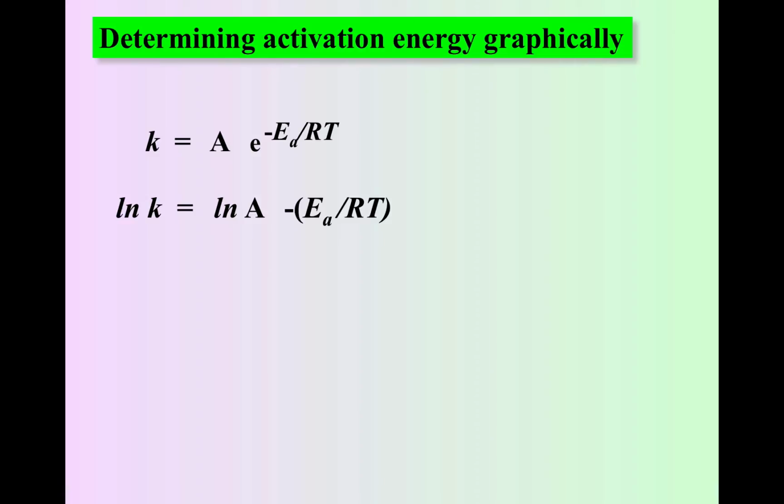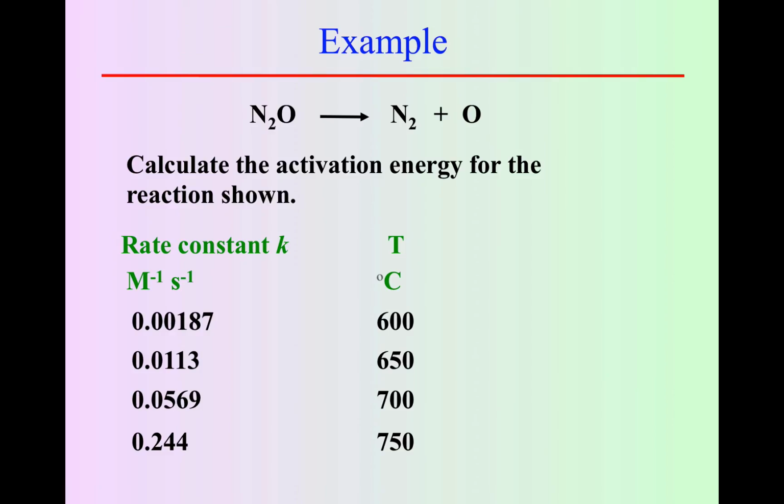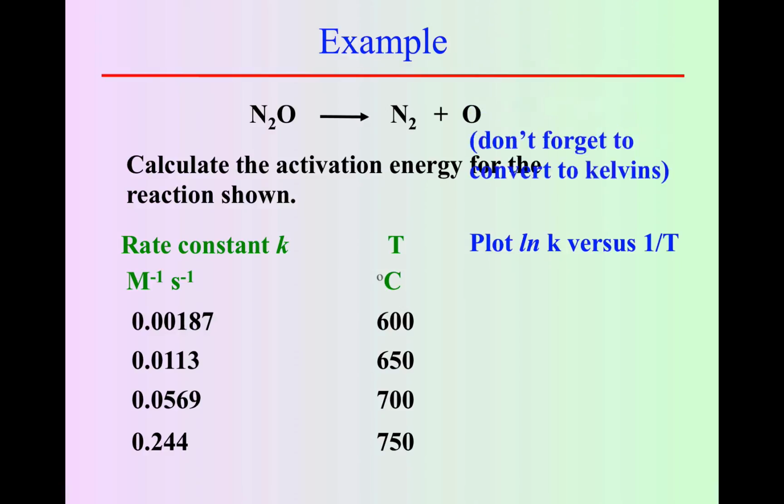I can rearrange this equation. So if I take the natural log of both sides to get rid of the base E and rearrange terms, I can come out with an equation for a straight line where if I plot the natural log of the rate constant versus the inverse of the temperature that the rate constant's at, I can get the slope of the line. The slope of the line is equal to activation energy divided by R. So you're going to get a negative slope. So if I have rate constants at different temperatures, if I take the natural log of those rate constants, plot them versus the inverse of those temperatures,